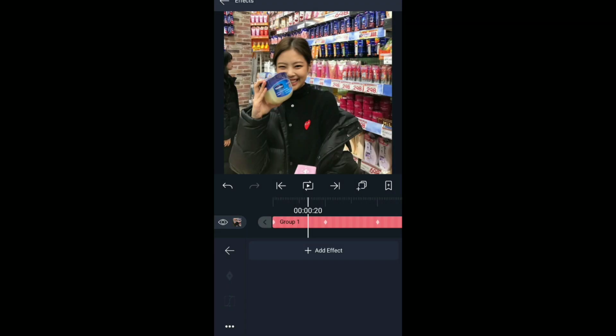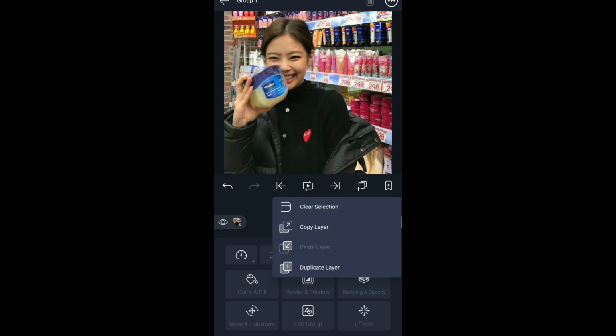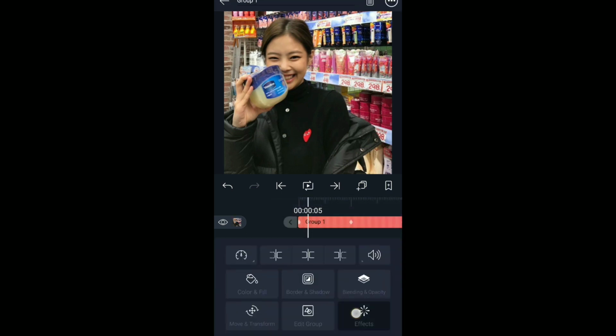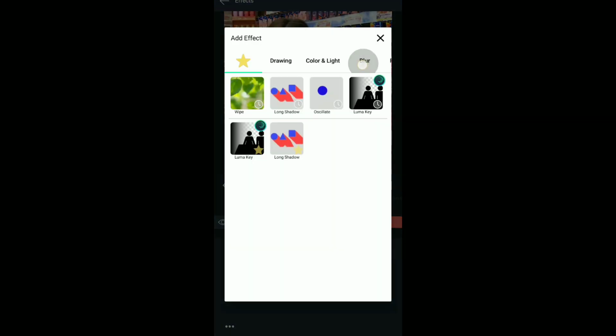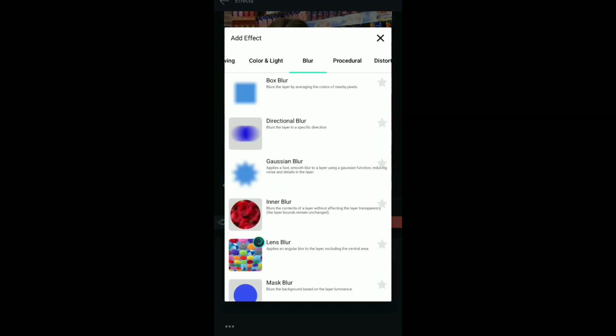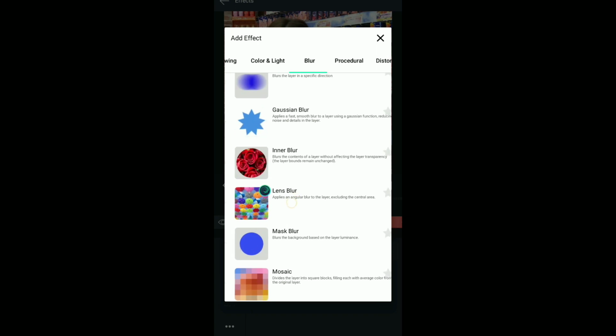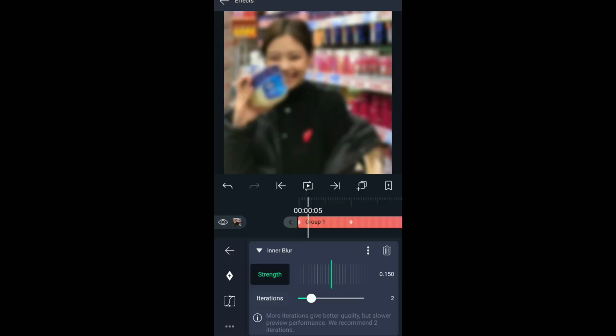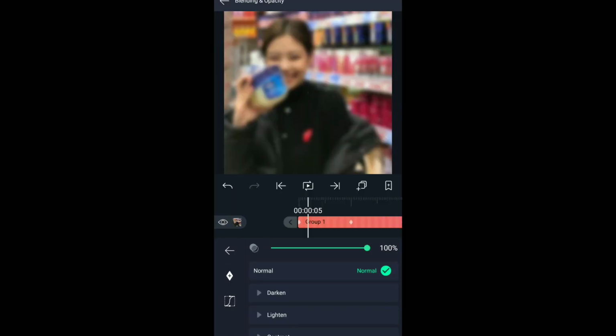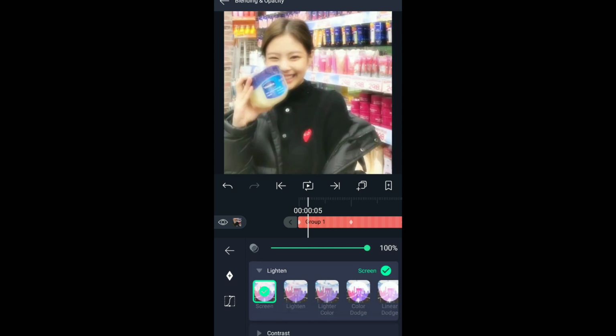Okay guys, as I say, I'm gonna add my second decorations. I'm gonna do an ask glow to my edit. So I'm gonna duplicate the layer, and I'm gonna add an effect. I'm gonna go to blur and search for inner blur. Okay, after adding the effect, I'm gonna go to blending and opacity, and I'm gonna go to lighten, and I'm